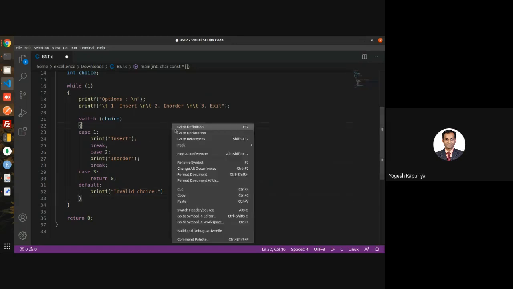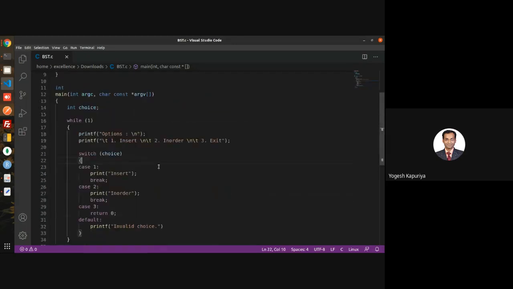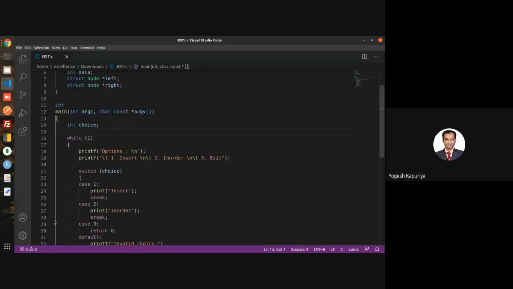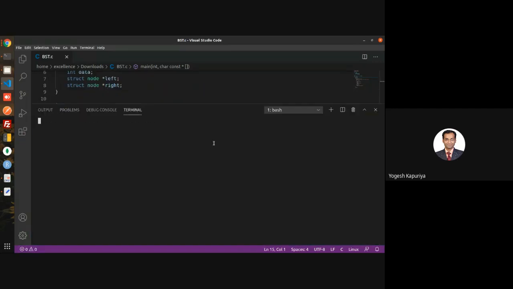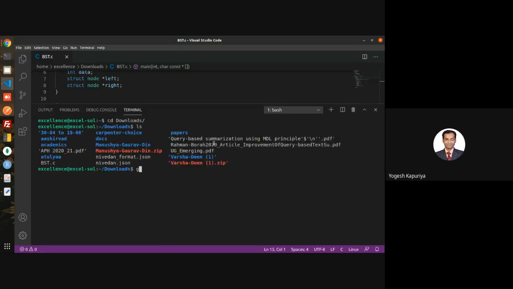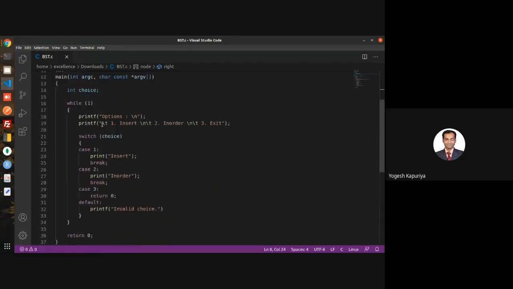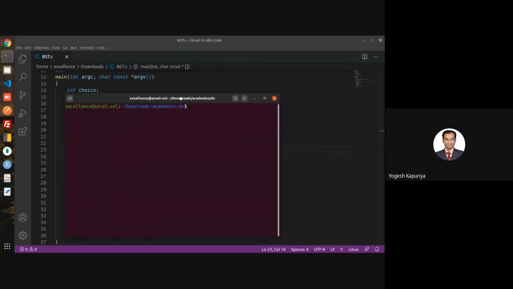Okay. So this is the code structure of the program which is required, right? So let's first execute this. Obviously there will be errors. printf. Okay, this happens when you are using multiple languages. In Python you have print, in C you have printf. So that's why these mistakes happen.